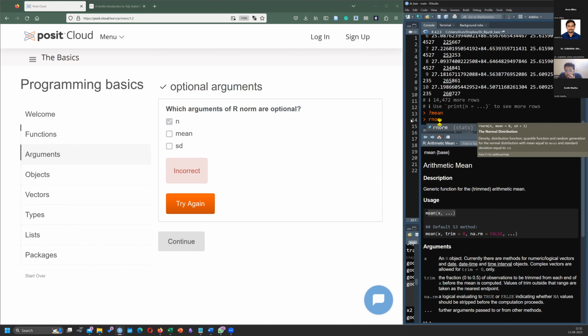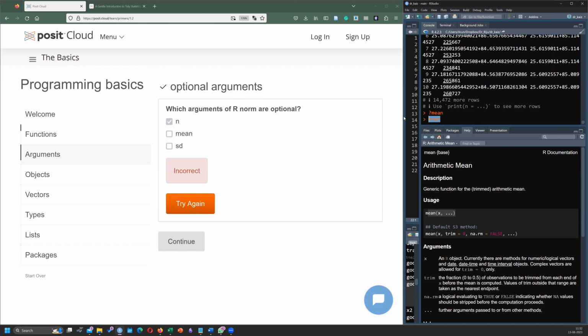But anyway, they have already taken the default values, isn't it? That means if you don't give an argument for mean, it is going to take mean as 0. If you don't give an argument for sd, it will take sd as 1, isn't it?